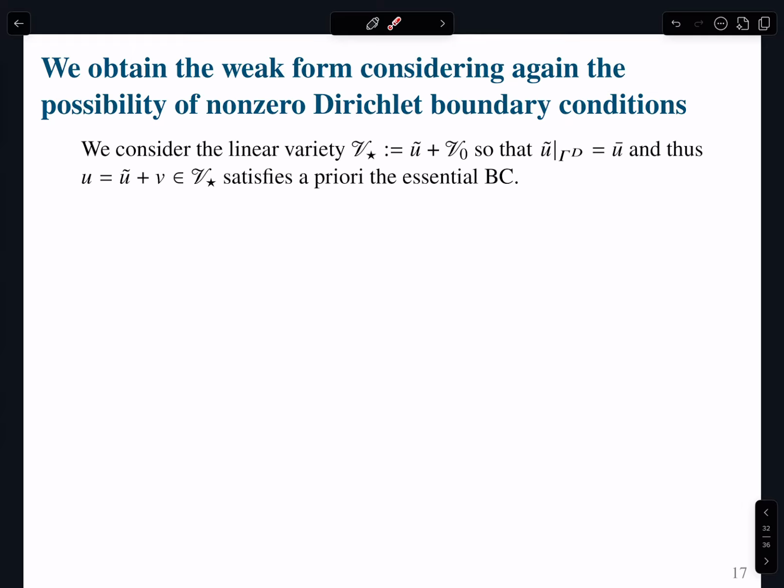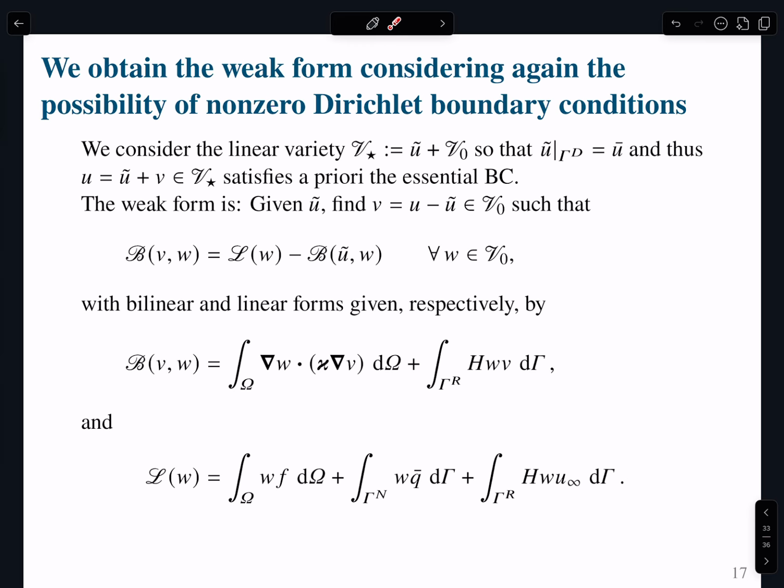So conceptually, the way you have to read this is that I'm basically taking that space and I'm translating every function of that space with this u tilde that satisfies a priori the Dirichlet boundary condition, right? So u tilde is satisfying my Dirichlet boundary condition, right? So we apply that trick, and then the weak form becomes, well, given u tilde, find V, which is the